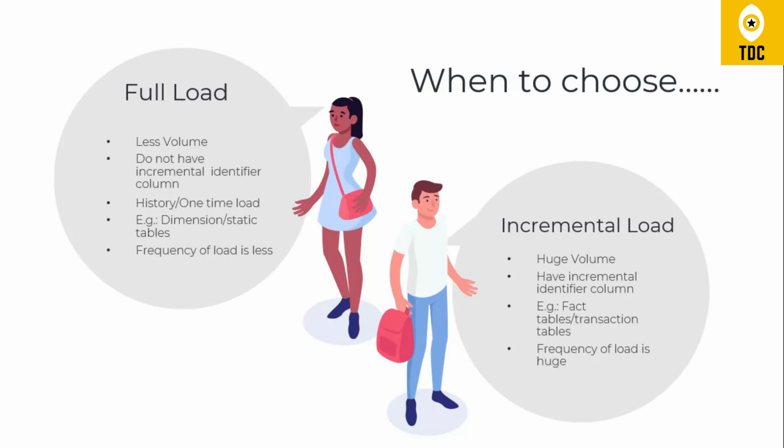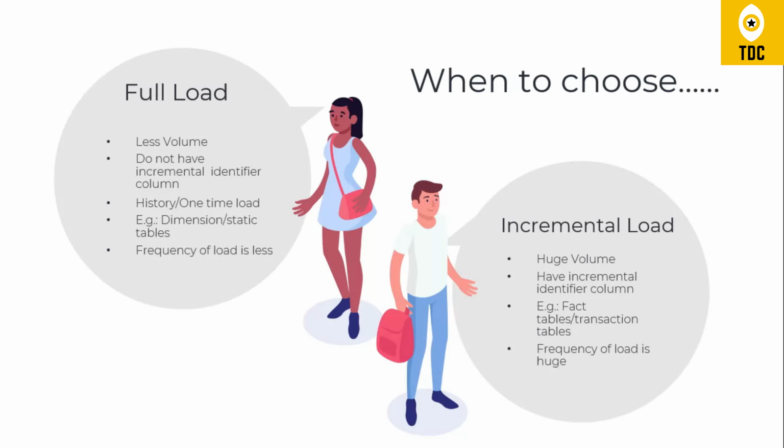Another option where we can have a full load is whenever we want to perform a history load or one-time load. Say, for example, there is a requirement where it's just a lift and shift of data. In that case you will definitely go for a full load. Or there is a case where you want to load the entire history of two-year or three-year data. In that case also you will choose a full load, where we bring the entire data from the source system and dump it to the target system without worrying about any incremental strategy.